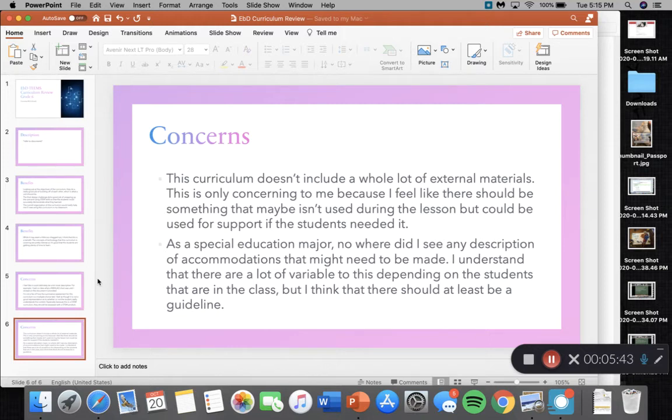And then finally, as a special ed major, I didn't see any description of accommodations that might need to be made for students. I understand there's a lot of variables to this depending on the students that are in the class, but I think that there should be at least a guideline